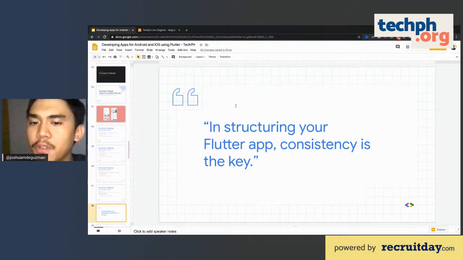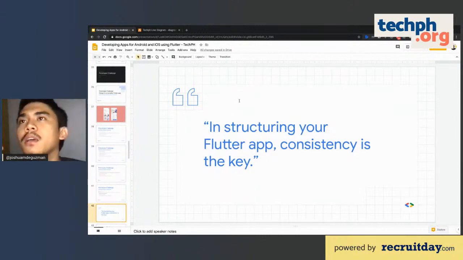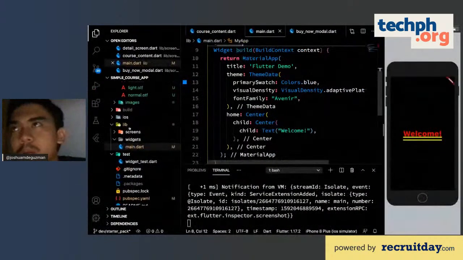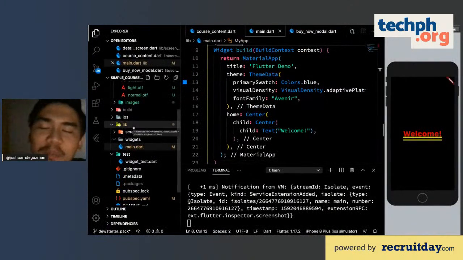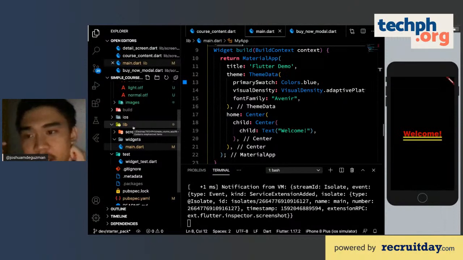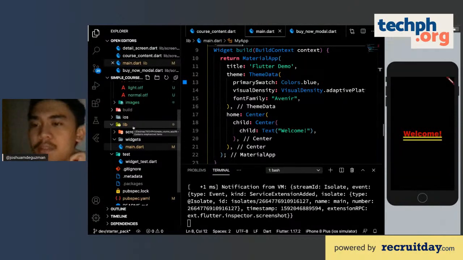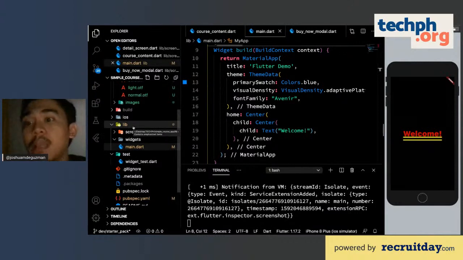In structuring your Flutter app, consistency is the key. If you have experience building Flutter apps, you've probably researched what the best structure of a Flutter app is. At least for me, it gives you the flexibility to design or structure your application how you like.